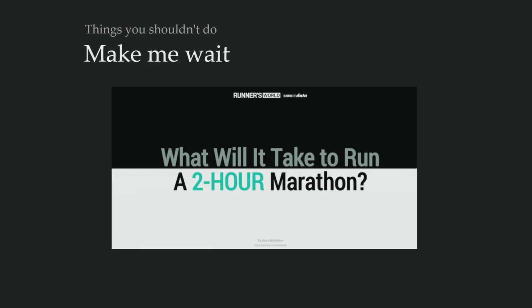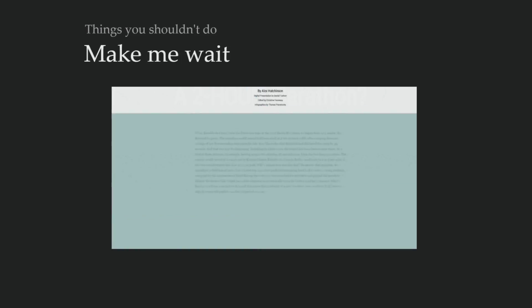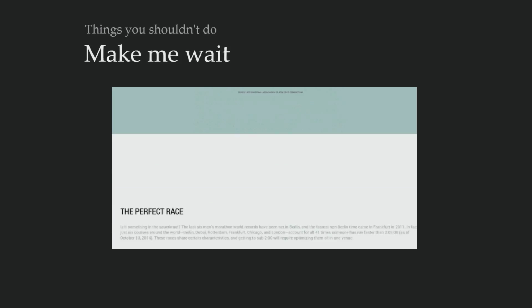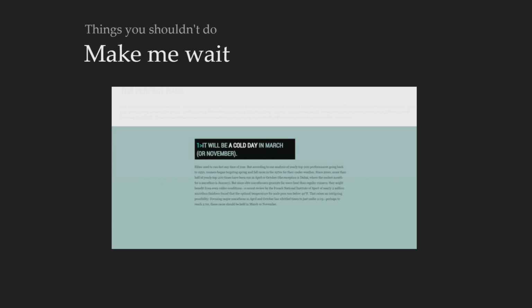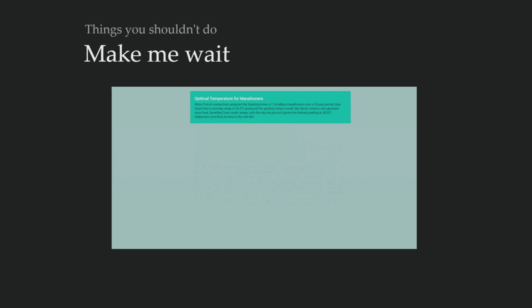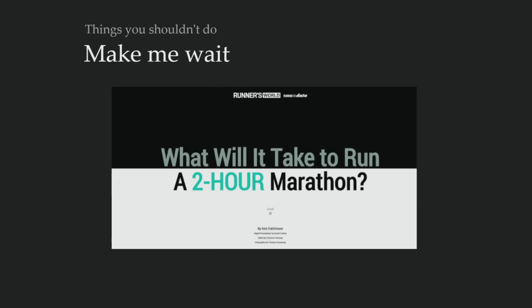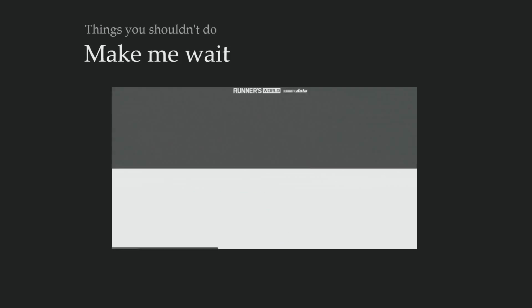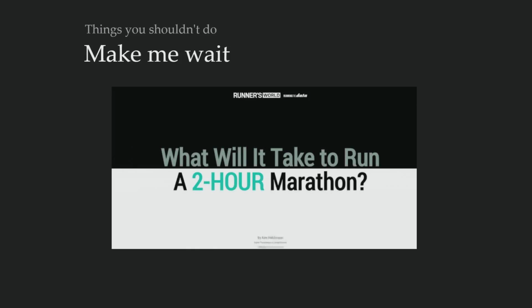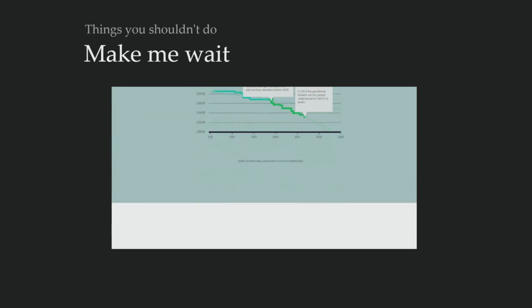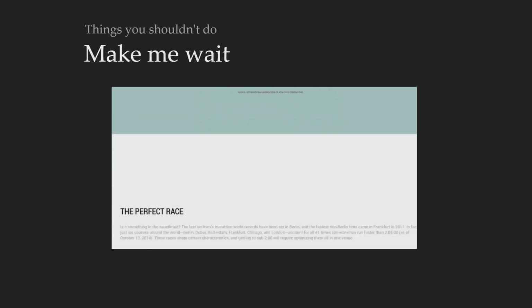So another thing that people do wrong is making me wait as a user. And so this is a marathon website. All of the animations on this website take a really, really long time to load. I guess they're trying to prepare me for the marathon that's going to happen, because that's really long. But as a user, I don't know if content's going to be coming during that time. There's a period in this GIF where I stopped thinking that there was going to be more content, but there wasn't. It just leads to a whole bunch of problems, and you're wasting my time, which is not something that you want to be doing.